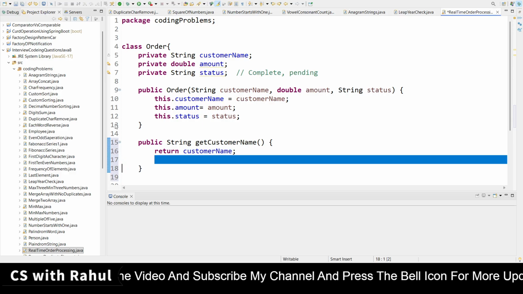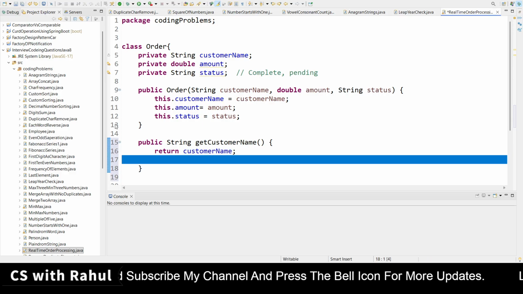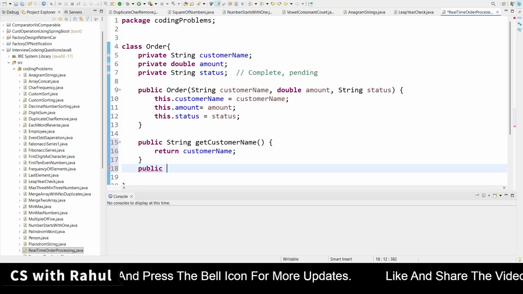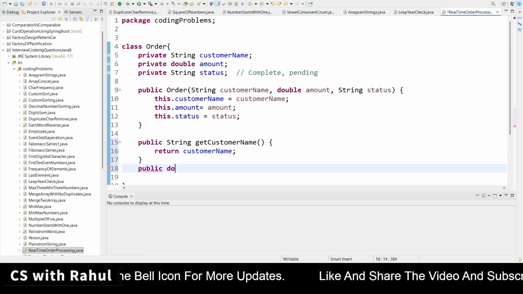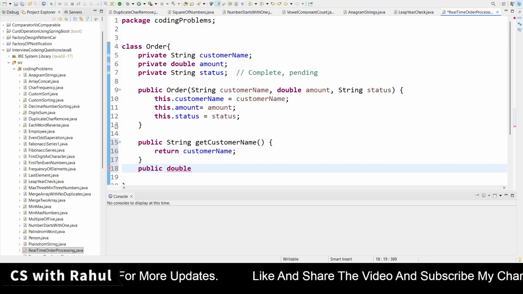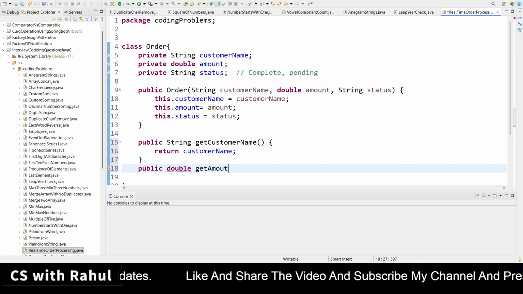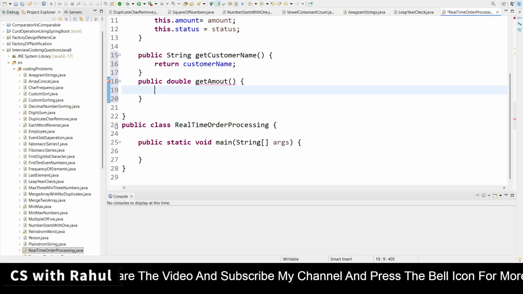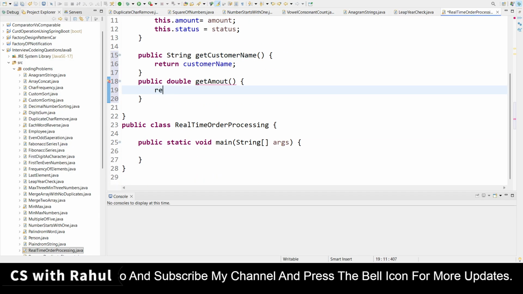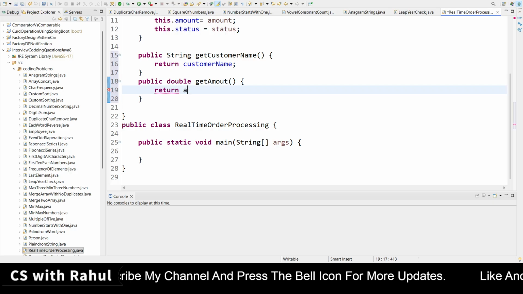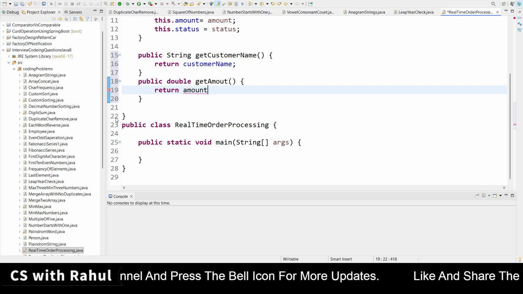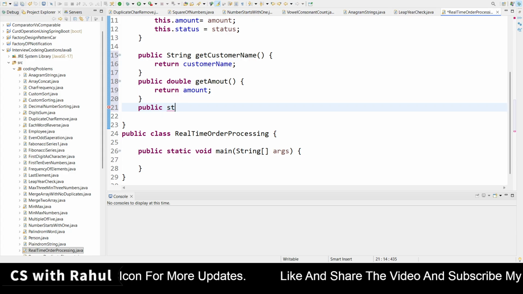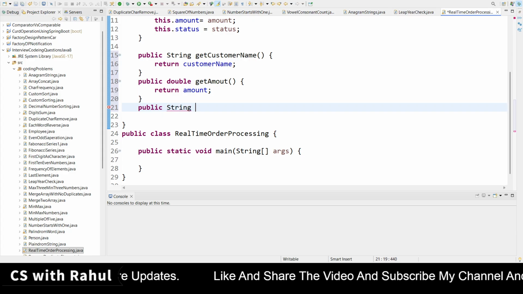Then next is public double getAmount. When we are writing the getter method, the first letter of the second word should be capital. Return amount, we have to write return amount. After that, public string type get